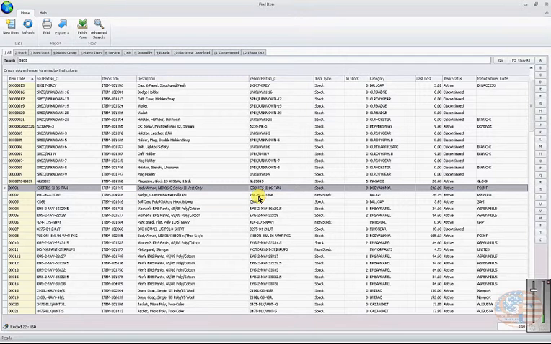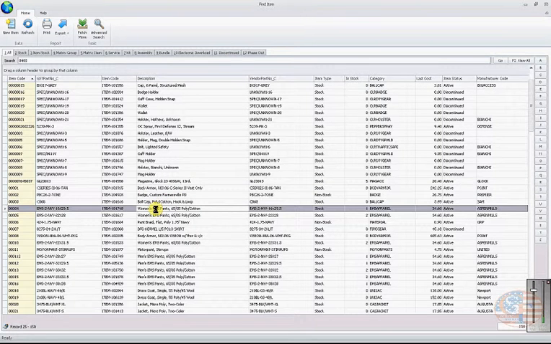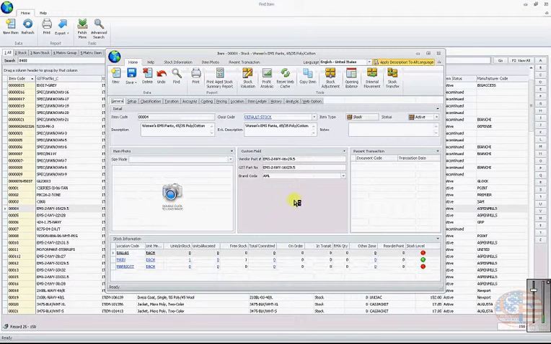So I would think that there'd be a way to change the item code and update it on all the documents. You can see there's several columns here, and what I'm missing is, and I'll bring up something else that I know is a good number. We'll bring up this one. We have on the item profile, we did add custom fields. We have vendor part number and GST part number and brand code. We're still missing a few more custom fields, and to make it a little bit faster so I don't waste a bunch of your time,